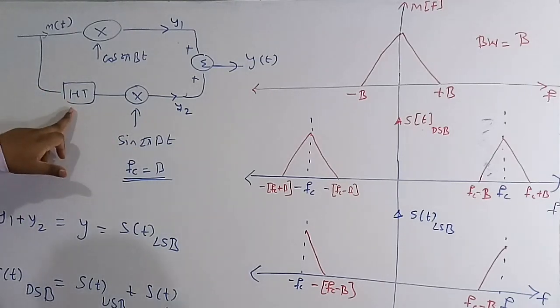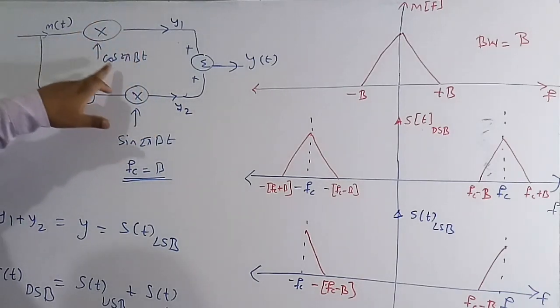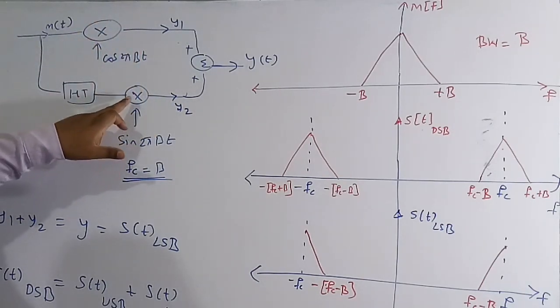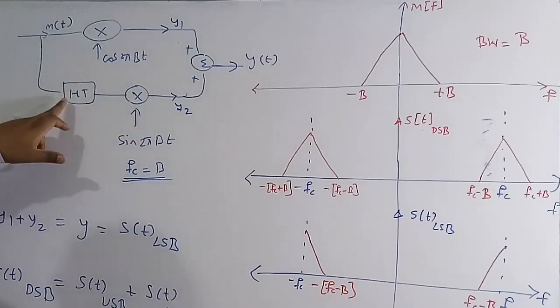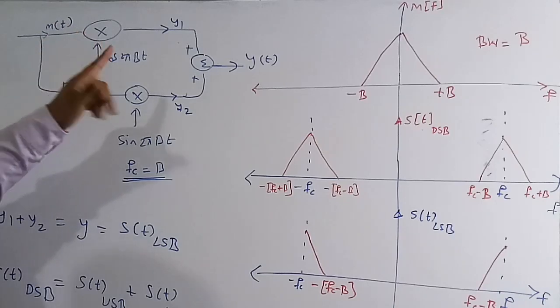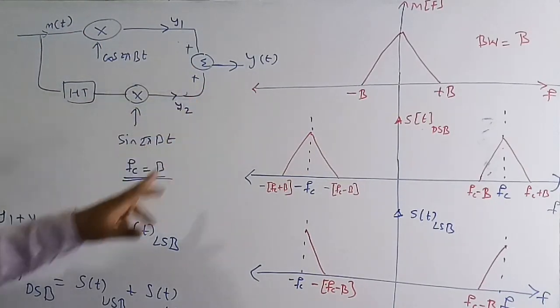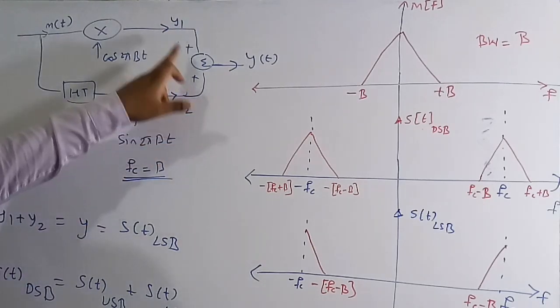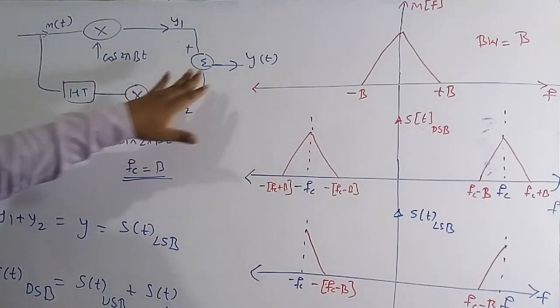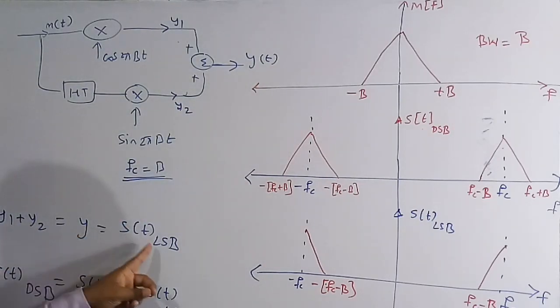This circuit diagram is similar to the concept which I have told you. Here there is a Hilbert transform, and this modulator is just going to do the function of multiplying these two signals, and here also this modulator means multiplication of the input of this one and this one. This circuit is similar to the previous one, but here there is only a plus sign. Whenever we add these two signals, y1 and y2, we produce a signal which is y. In such a manner, it is nothing but LSB.